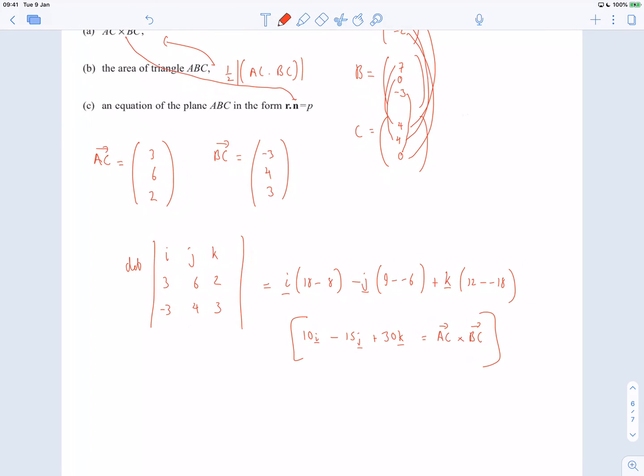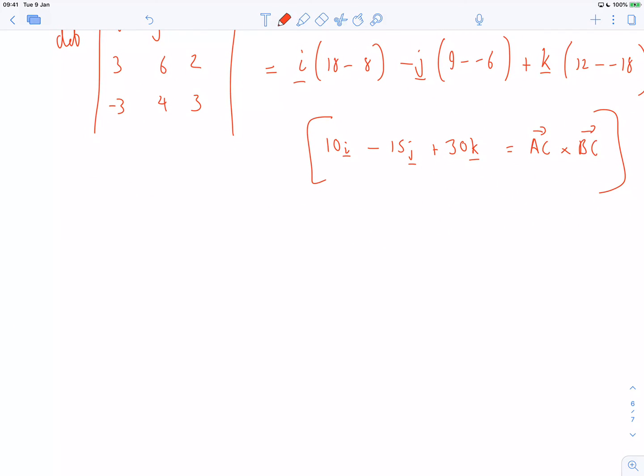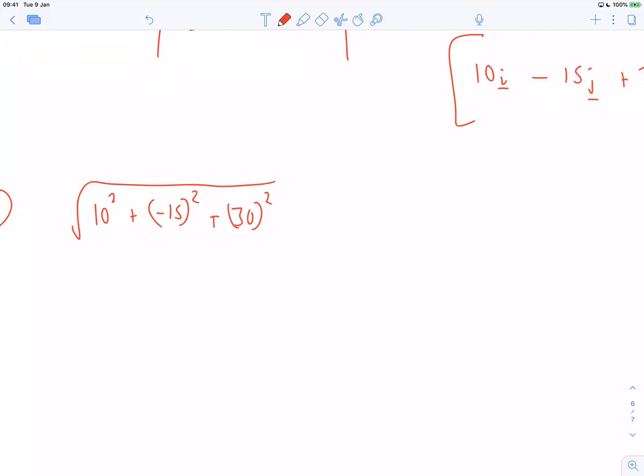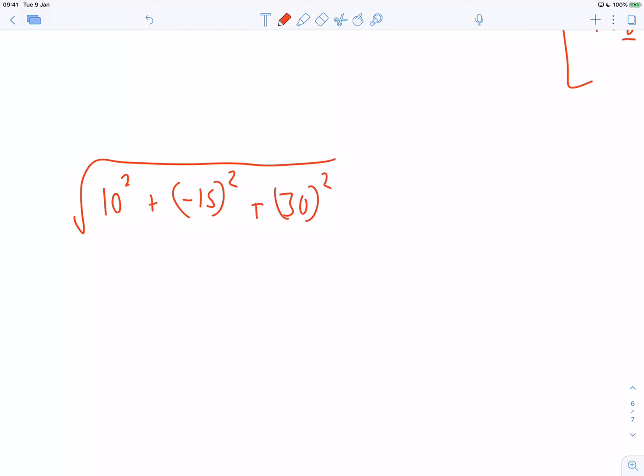The area of the triangle ABC, that's going to be easy, because now I just take 3D Pythagoras on the cross product, so that's 10 squared plus a minus 15 squared plus a 30 squared, and then square root it. Calculator time, so I cannot be bothered. So 10 squared plus 15 squared plus 30 squared is that, and if I take the square root of that, I get exactly 35, and that